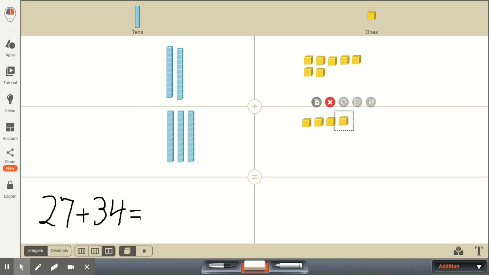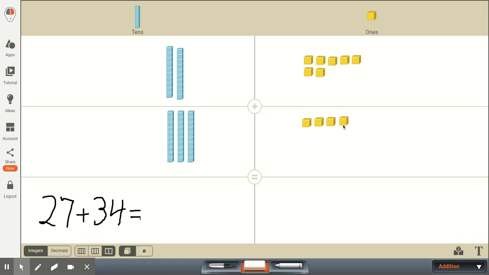And for our final example using base 10 blocks, we have the example using two-digit numbers. So we have 27 plus 34. And by looking at 27 plus 34, we have 2 tens plus 7 ones. And for 34, we have 3 tens plus 4 ones. And remember, we want to add tens plus tens and ones plus ones. But first, we want to see if we can compose and make another 10 by looking at our ones